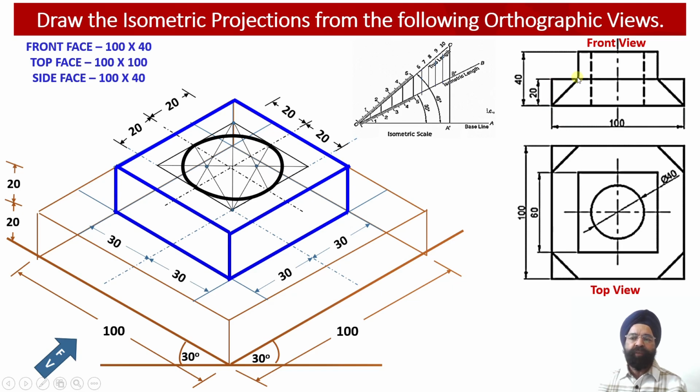What is the location of this point? This is 20 millimeter from this side, 20 millimeter from this side. Similarly, this portion is again 20 and 20. This portion is also 20 and 20. And this portion will also be 20 and 20. That is, from these points, we have to join this point with this point. We have to join this point with this point. And we have to join this point with this point, so that these